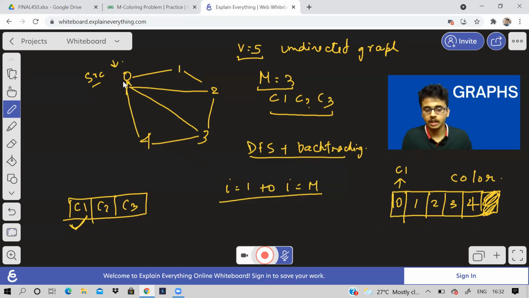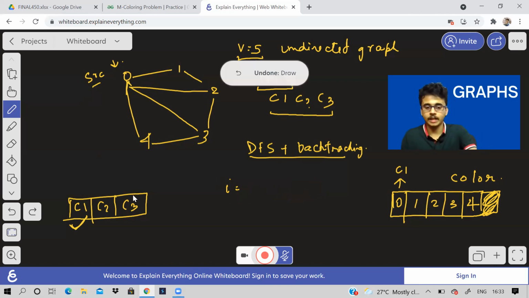How do we check if we can color a particular node? We have to check that none of its adjacent vertices are already colored with that color. So let us take an example and start, then you will understand much better.